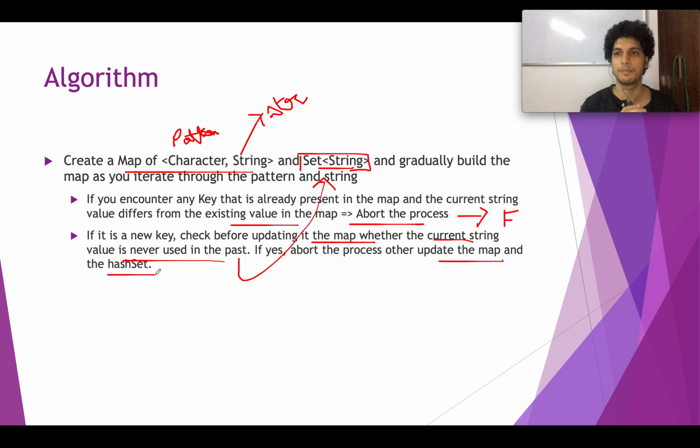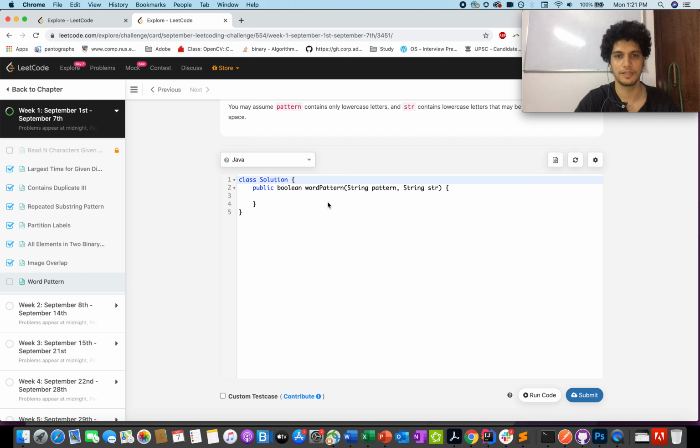So I highly recommend you try to code it up by yourself. If you still face any issues, go beyond this point in the video. Code it up quickly. So defining my map of character comma string, I'll call it map, new hash map. Defining a set of strings that will store the values that have been used in the past. So I'll call this set, new hash set,